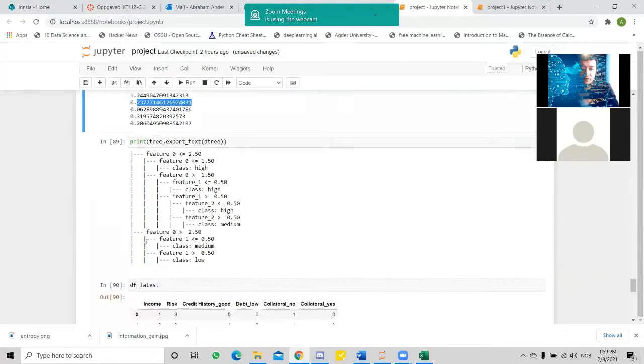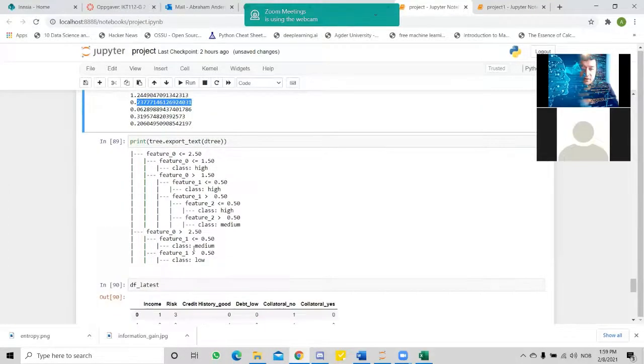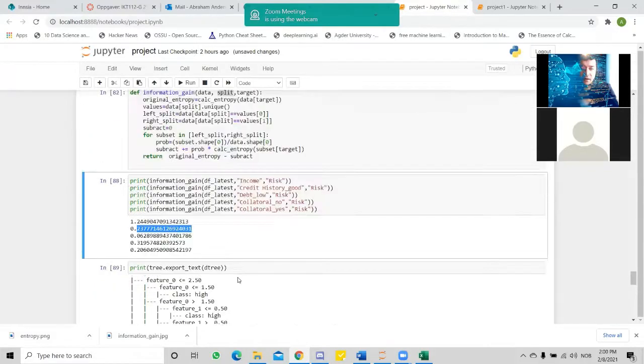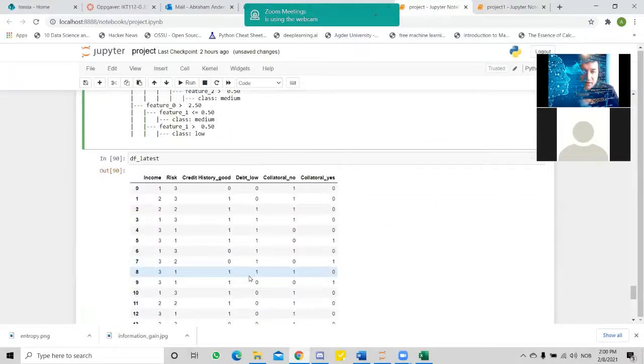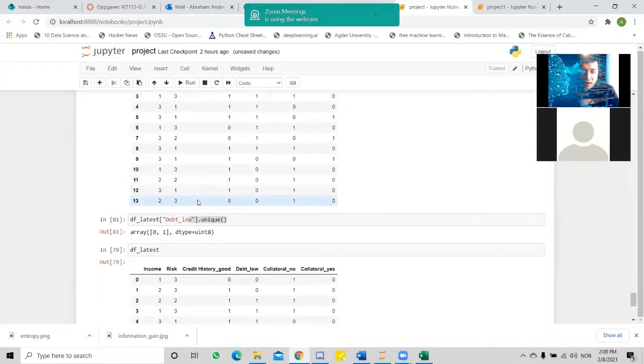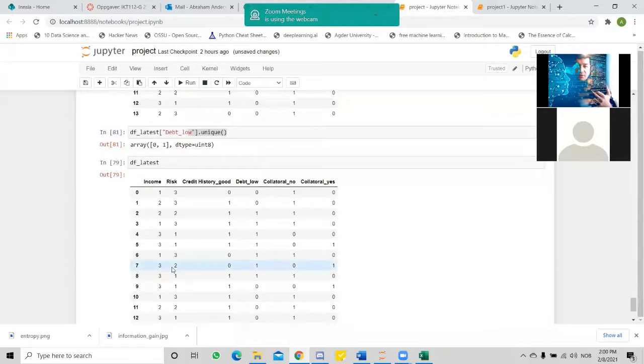Also collateral yes, which feature is this? Collateral yes, 0, 1, 2, 3, 4, 5. I think yes. I think this code answered the entire question. And finally, I will also show the visualization of this code. Maybe this helps us understand better how the algorithm works. Instead of text, we can also visualize